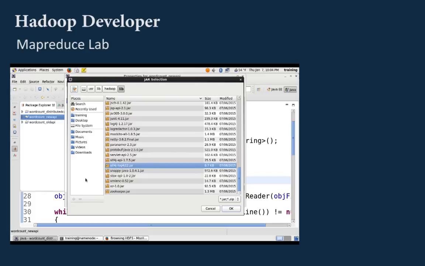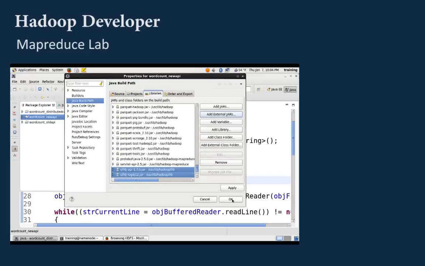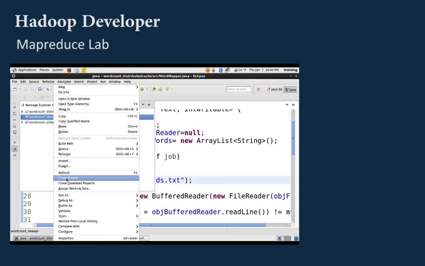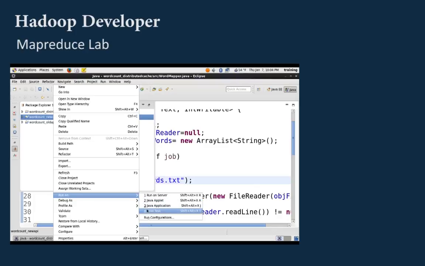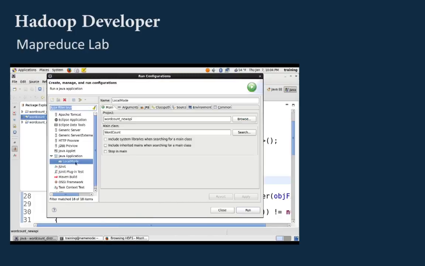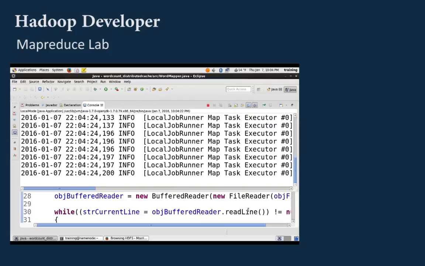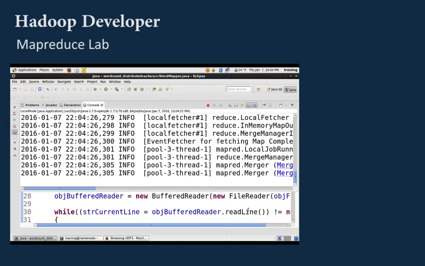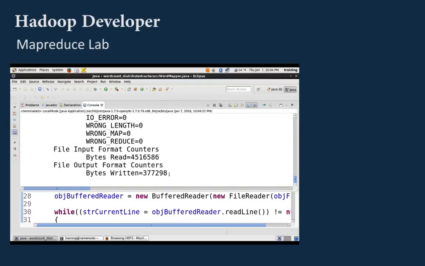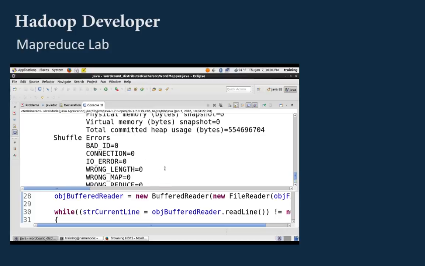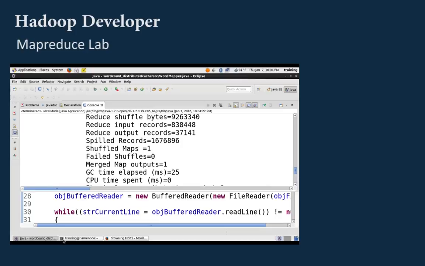These are the two jars, please include them. This is a common issue that you will get. Once you've imported them, again say run as, run configuration, local mode, and say run. What you observe is that your code is now running in the local file system mode. It's running directly from Eclipse, so you can debug it, you can run it, and the beauty is